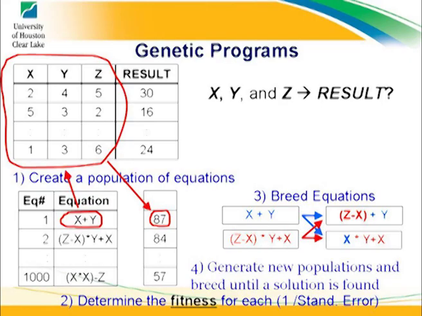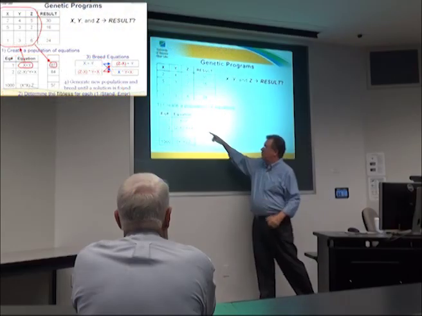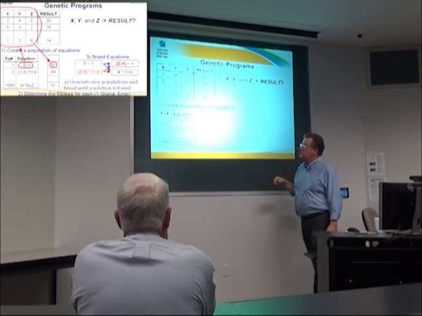Let's say we have variables x, y, and z and some result. We're trying to figure out the relationship of x, y, and z with the result. Well, we randomly create these equations, and just like in genetics, we crossbreed the dominant and recessive genes. So the genes in this case are equations. We have some equations that we randomly generate,